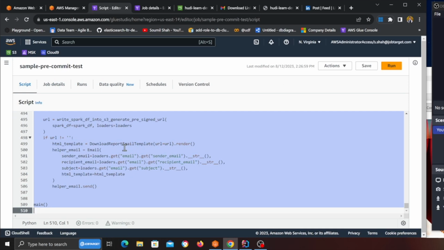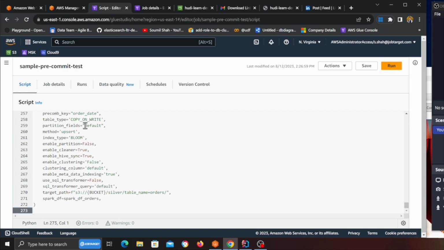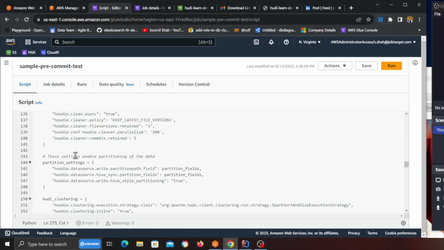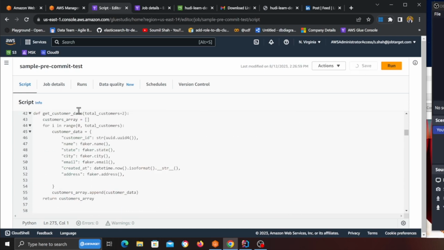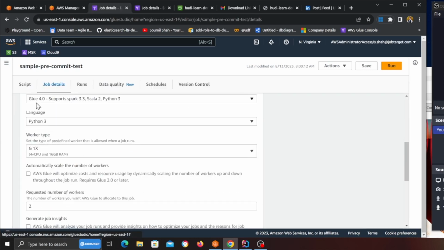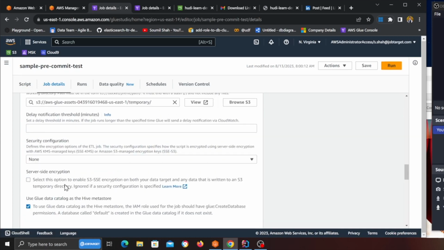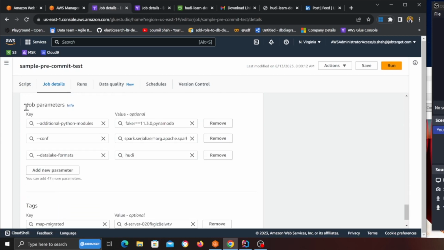Now, simply what you need to do is replace the code that is given and paste this code over here. Click on the save button. We are not done yet. Go to job details. Make sure you're using Glue 4.0 G.1X, Python 3. Go to advanced properties, all the way to the bottom section where it says job parameters. Make sure that under additional Python modules you have faker, because again, we're gonna generate some fake data,